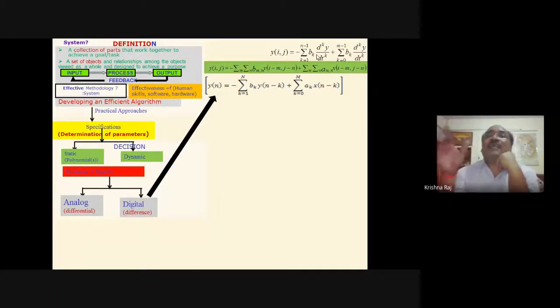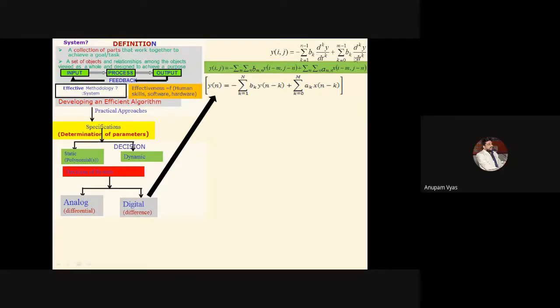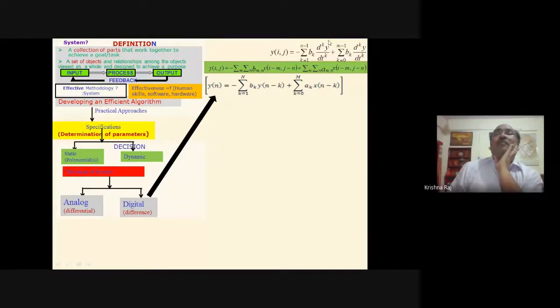And if ax, that is x to the power 0, and y to the power 0, is independent of the variable, then it becomes a constant. Are you getting the point? So we have started our journey from constants. Then we have moved to the static type of system, and a static system will be represented without any differential term, without any difference term. I'm repeating it again and again.